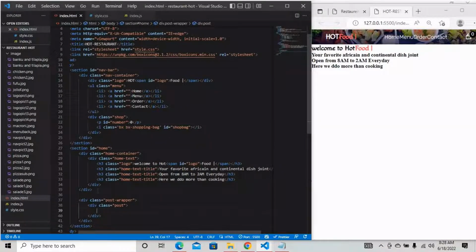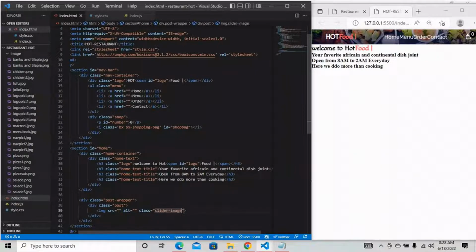So we use image, and inside the image we give a class to be able to work on that image, slider